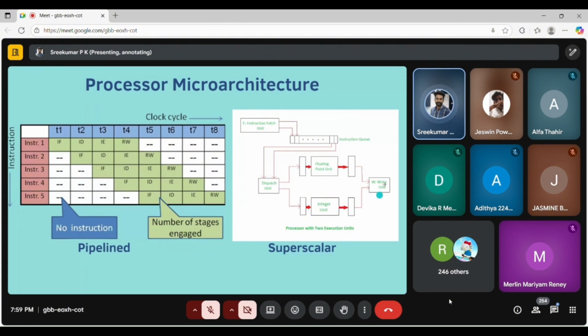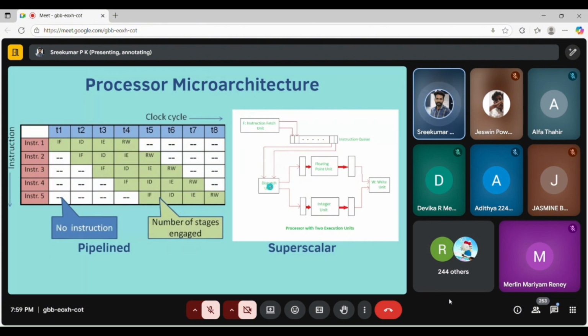But in superscalar, there are also a dispatch unit, floating point unit, integer unit, and write back unit. The instruction fetch unit, instruction queue unit, and write back unit might be there in pipeline architecture too. But in superscalar architecture, there will be a dedicated dispatch unit, floating point unit, and integer unit.